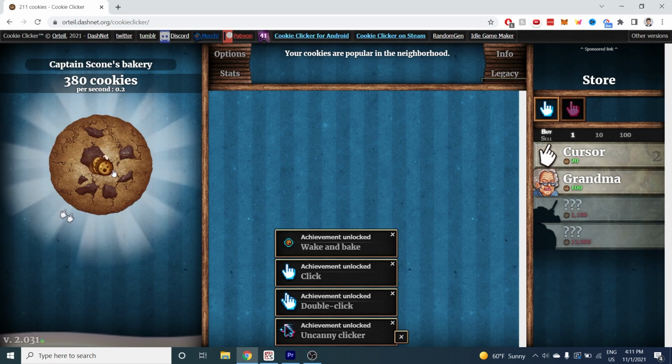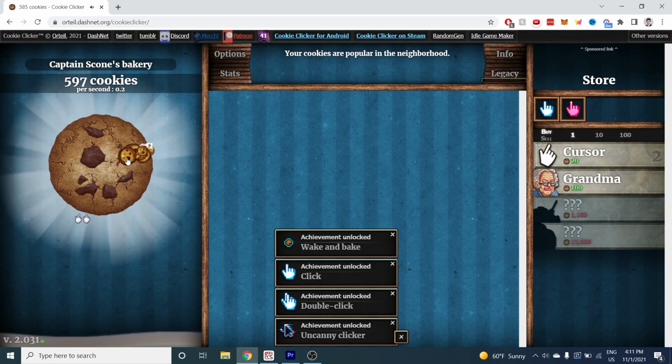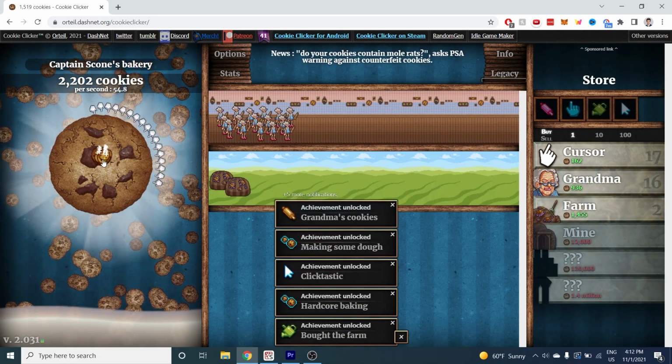That is quite a head start. Now I'm getting thousands of cookies passively per minute without even buying any upgrades. After a few minutes of automatic clicking, I can buy enough upgrades to bake many more